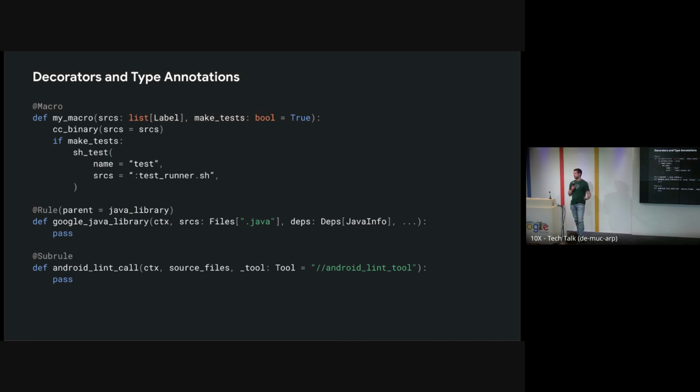We have some use cases internally where we slightly modify the Java info provider, and this still seems to meet the is-a relationship. So we'll probably allow some modifications to providers as well.